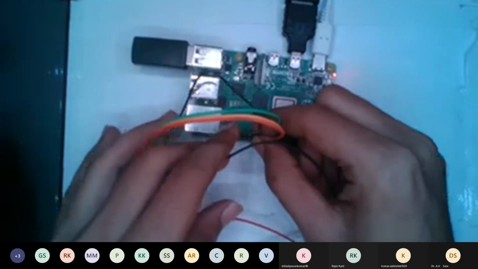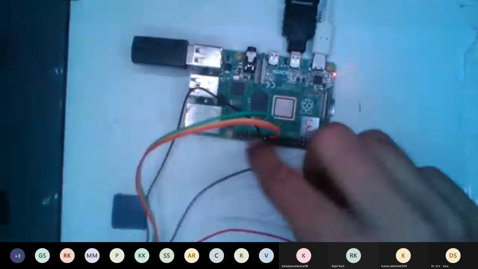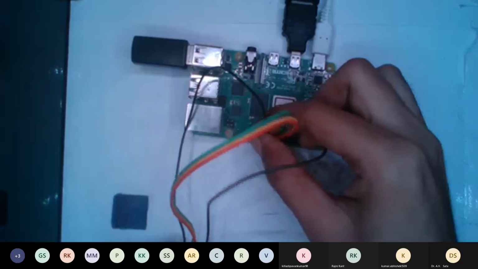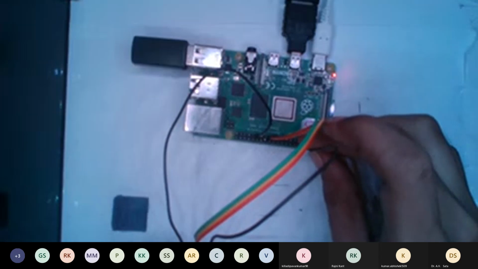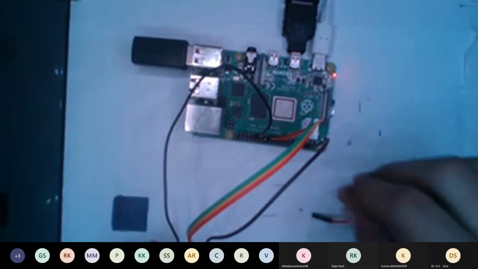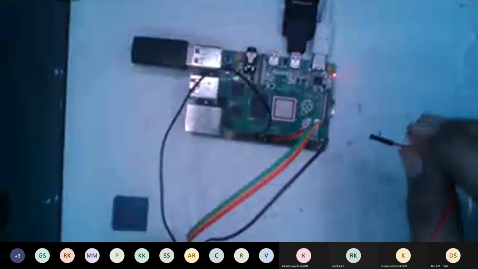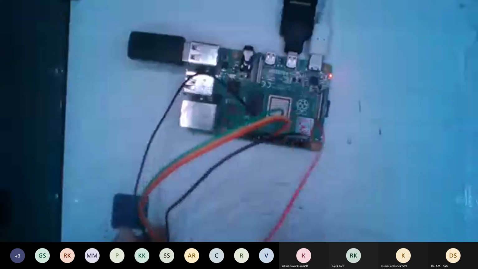So it goes in line, and we had no issues connecting. And this ground pin is the shortest from the starting of this GPIO, and this voltage pin is second from the starting. It is pretty clear.